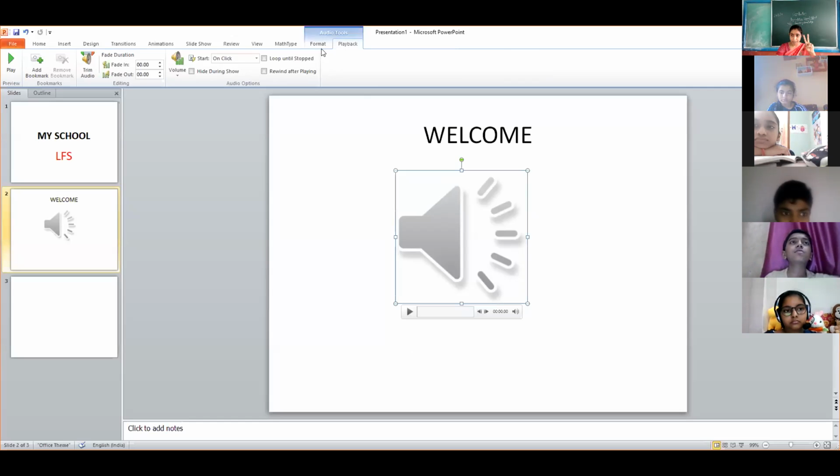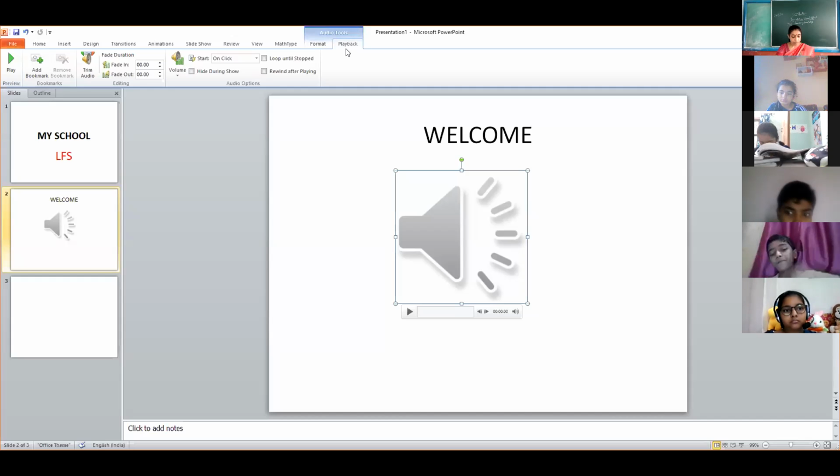Two additional tabs, namely format and playback. You can see these two additional options appear under the audio tools. You can see written up above, audio tools, on the top in blue color. Can you see? So, audio tools.